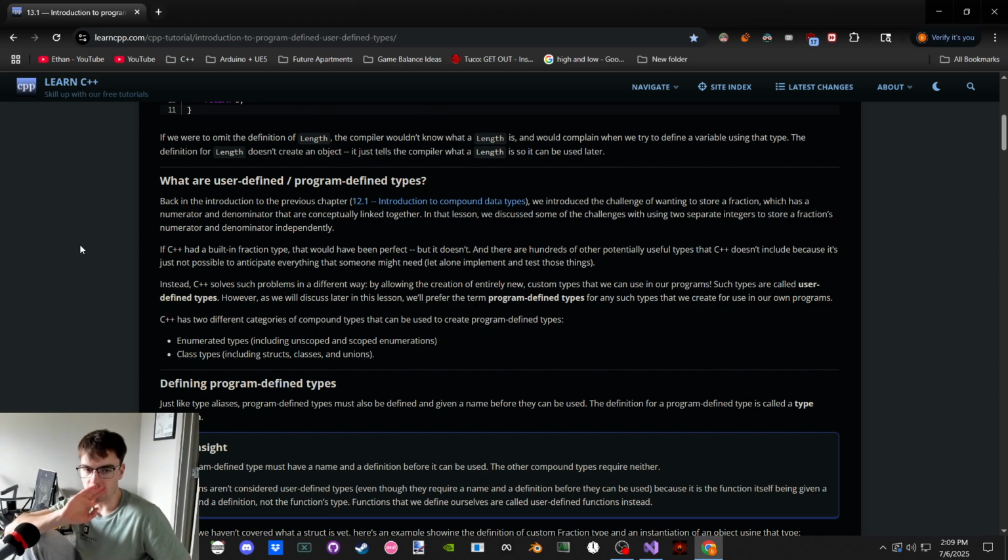Oh, the challenge of storing a fraction? Or what are you talking about? Oh, gotcha. But now we could have a fraction and have it be made of two integers and then say the fraction's name dot num or dot den. Numerator, denominator. I guess numer versus denom is probably better. Yeah, they're linked together, but they're not. Instead of saying, hey, I'm going to change this piece of the fraction, it's just I'm going to change y, and y happens to be the denominator in this case.